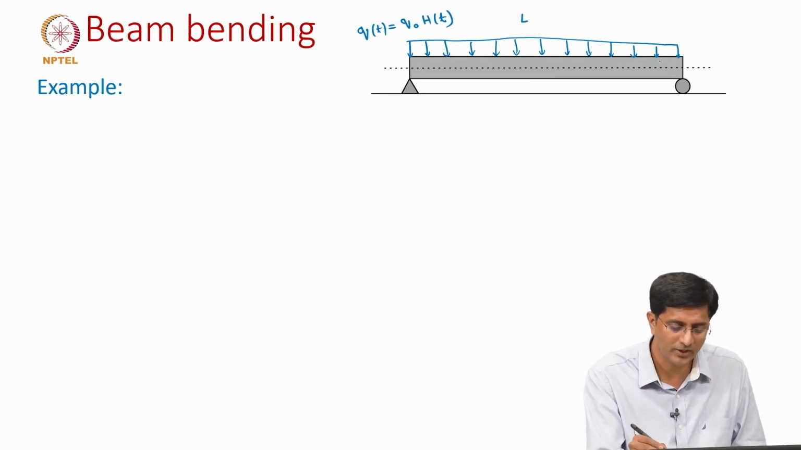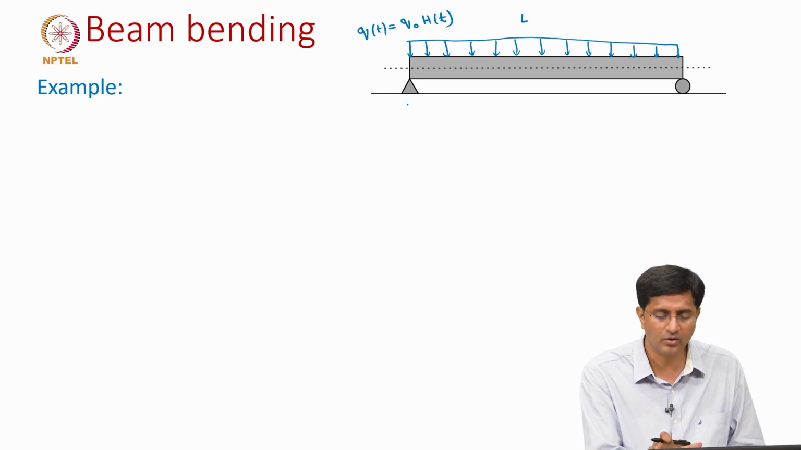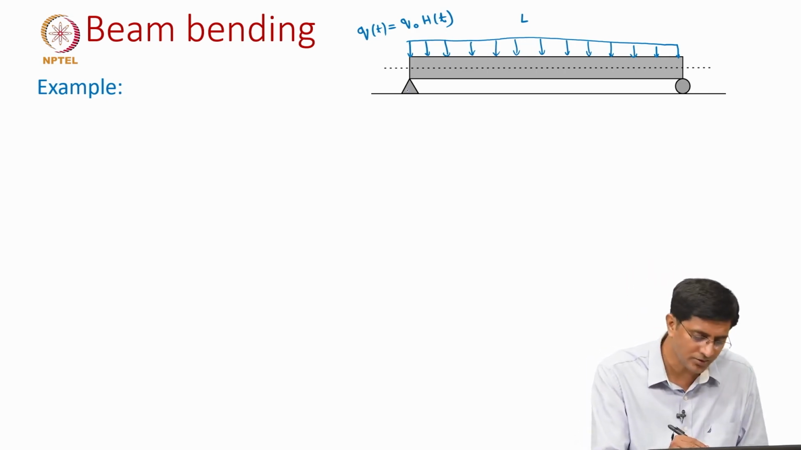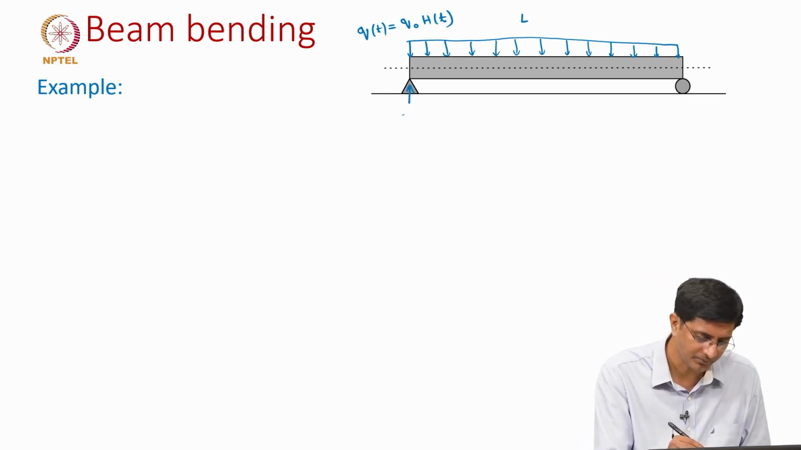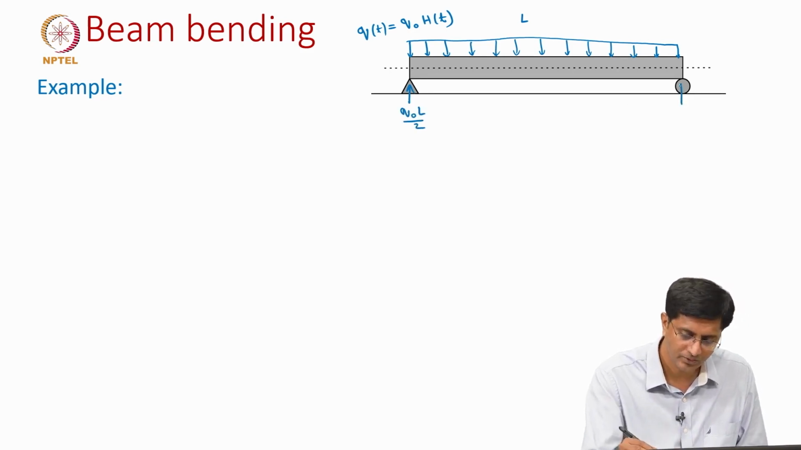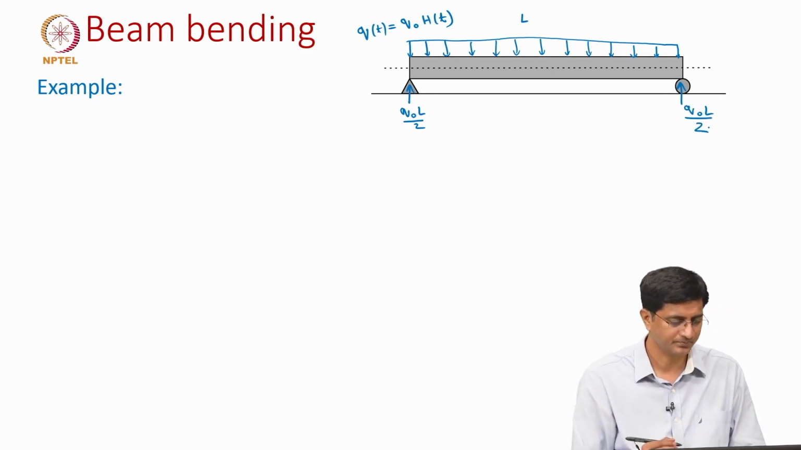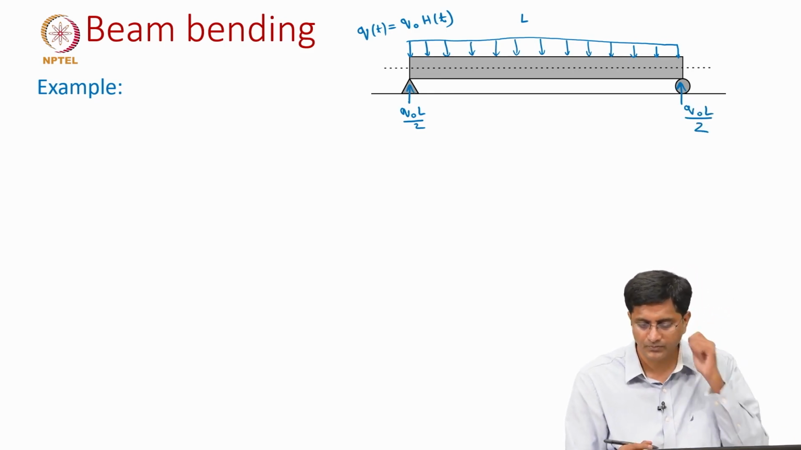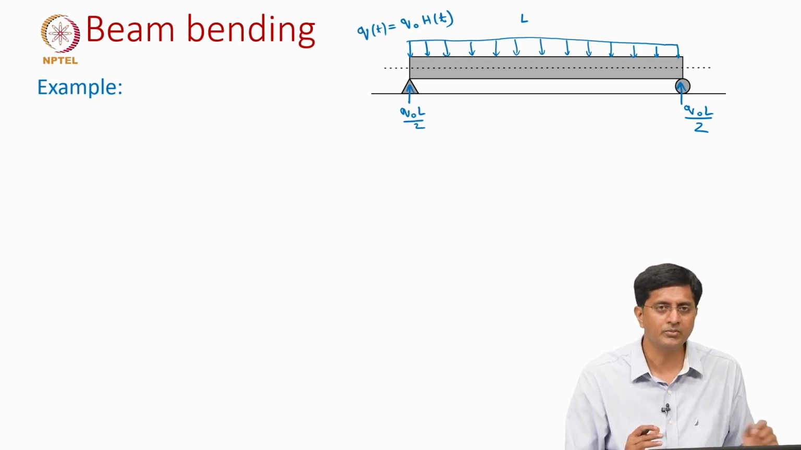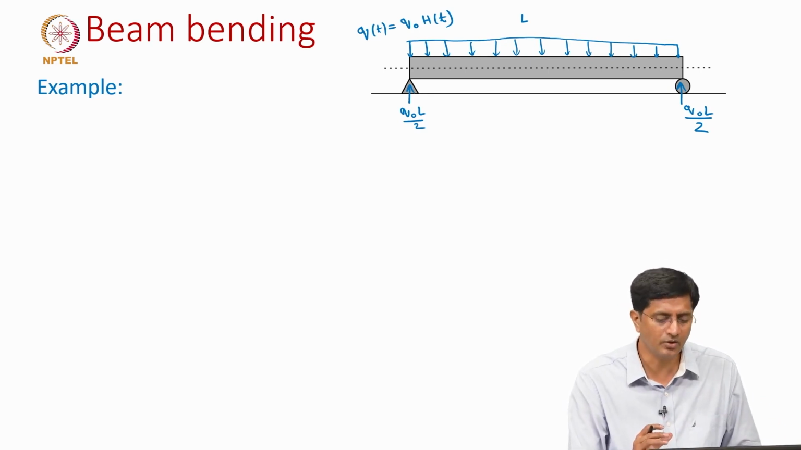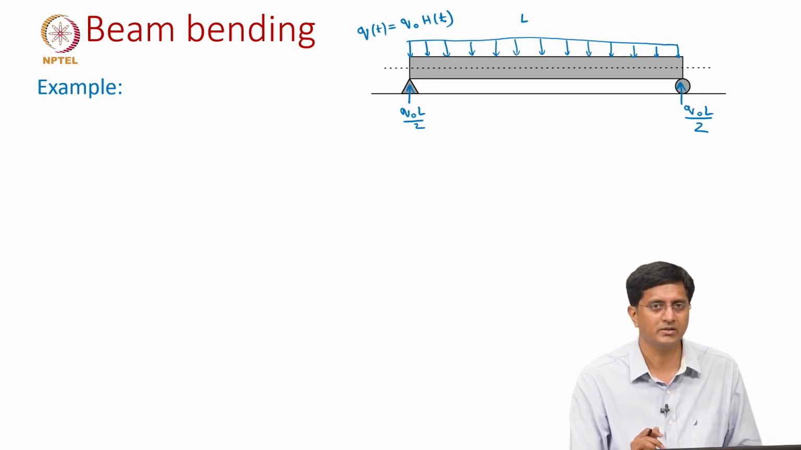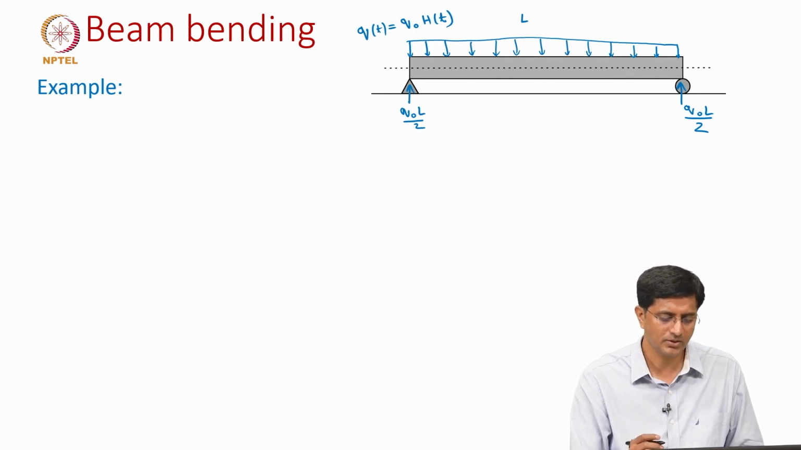So, the total load applied is Q naught times L. Since we have two supports at either end, those reactions will be QL by 2, Q naught L by 2, Q naught L by 2. But from standard textbooks, we should be able to write out what is the expression for deflection of this beam at the mid span, or the maximum deflection of this beam which will be at the mid span. So, that is given as